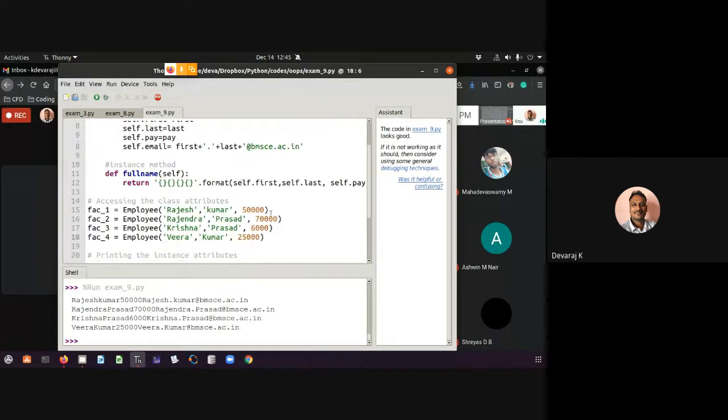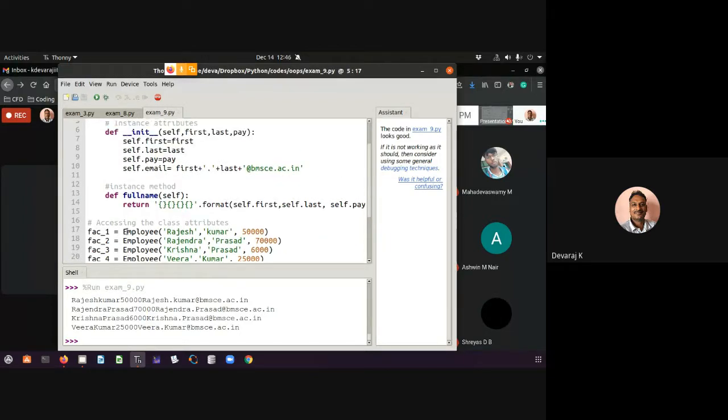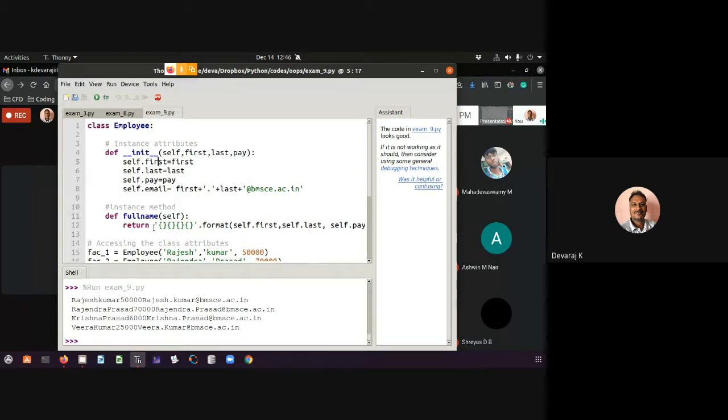See, what is it actually in class and class methods in the OOPS concept? First thing is you have to define the class. Then you have to define its instances using your methods. Then how many times, this is nothing but what I told, it's a uniqueness. Then what exactly they are trying to do, that you show in your instance methods.